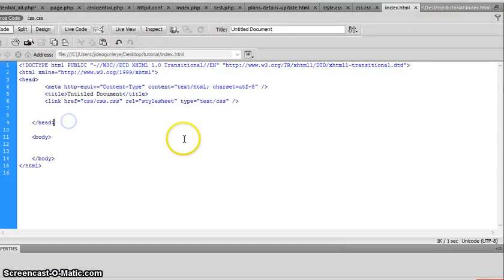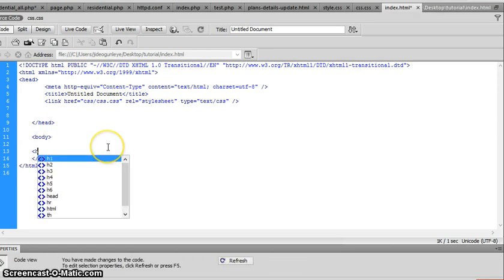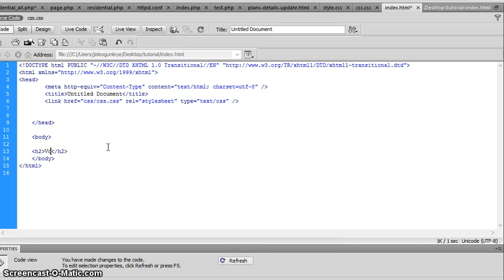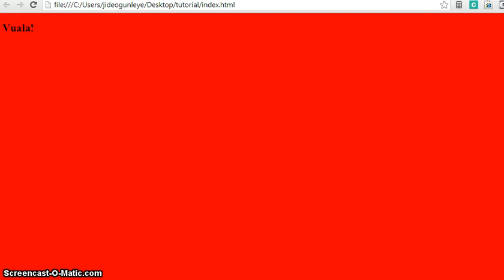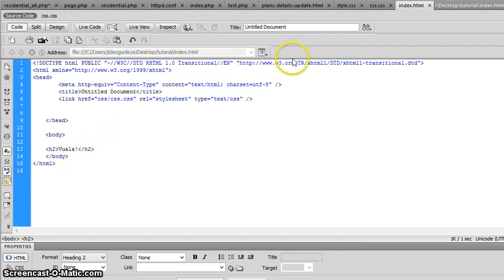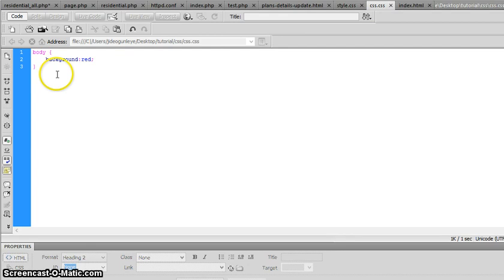So we open the page. We say h2. Voila. By default, HTML text is black, as you can see. So we could now use the style sheet again and change the text color of this. We can either do it inline, but it's a lot tidier to do it by editing with the CSS. So I can say body h2, or just h2, and say color